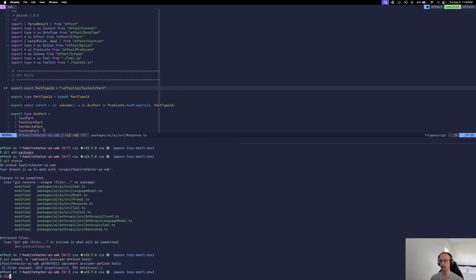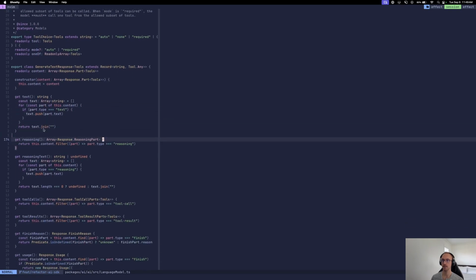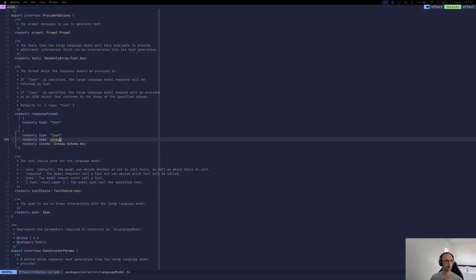That flushes out provider defined tools. So the next thing to do will be in language model. I'll probably work on this a little later, but the next thing to do, sorry if I've been ignoring chat. Nope, nobody's chatting. Cool. The next thing to do would be to implement stream object, which I'm going to have to think about what that looks like. Probably again use Vercel's approach as inspiration. Probably won't land there, but